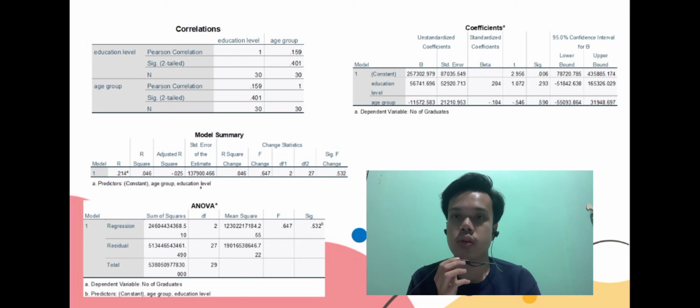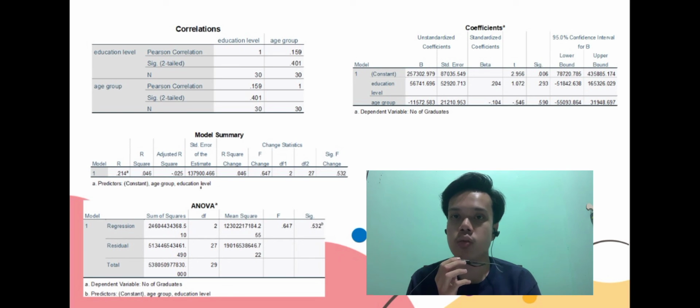education level when the other variable is held constant. It is not significant to determine number of graduates because the significance is more than 0.01. The significance level is 0.293. There is a moderate relationship between number of graduates and age group. The size of the correlation coefficient is 0.590. There are 30 data considered in the research, including 3 variables, which are number of graduates, education level